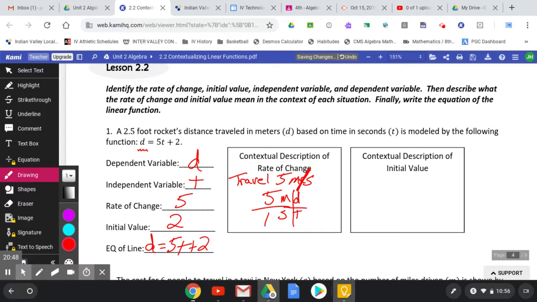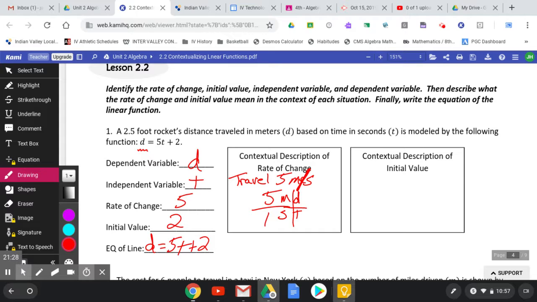Yeah. Okay, so you can look at it that way. All right, and what's the contextual description of the initial value? Emma? What is the initial value? Okay, and what is it? 2. What's that mean? The distance it was already at when it started, when it took off. So when it launched, it was 2 meters in the air? No, it's 2 meters tall. Was it 2 meters away from where you